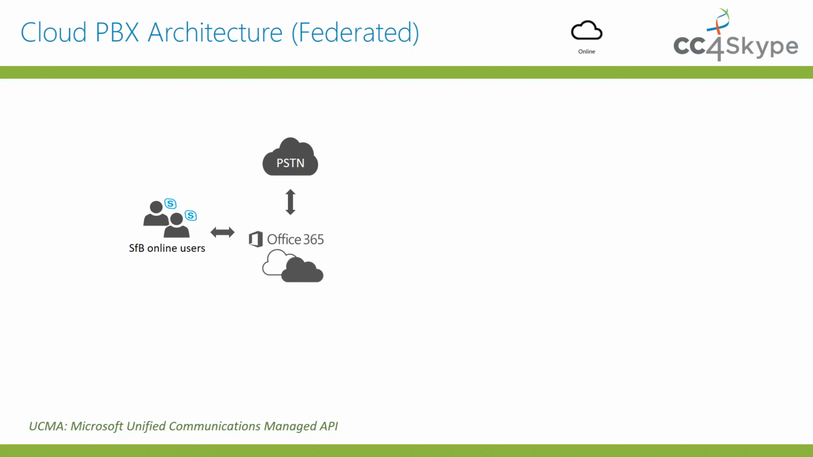Okay, what happens if you have a pure cloud PBX architecture, or what Microsoft calls today Microsoft Phone System? That means the customer has Office 365 and only Skype for Business Online, and you probably have PSTN connection, or maybe PSTN connection through a cloud connector on-premise. In this case, there are some limitations, and these limitations are due to the Microsoft